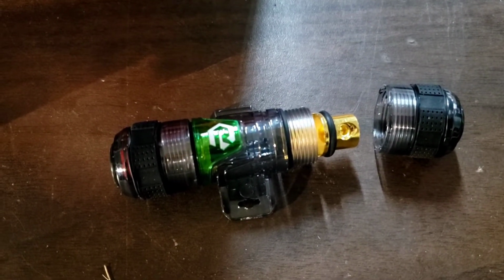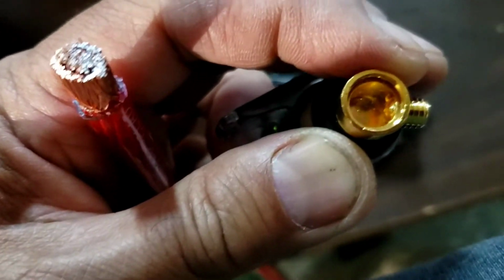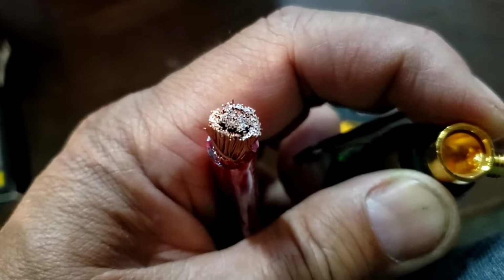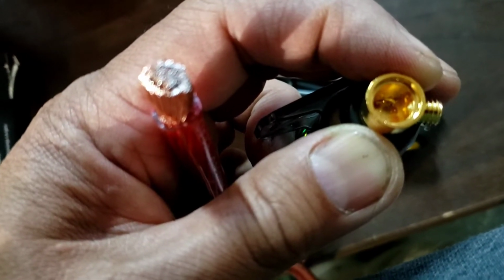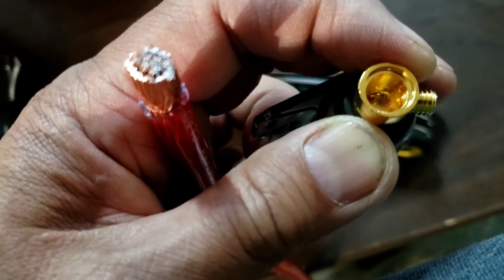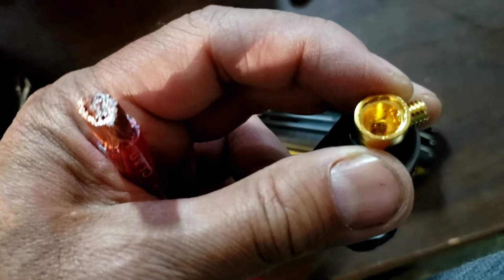I'm gonna take that part off. You can see it's bigger right now. That way I can put this 4 gauge wire right in that hole and tighten with an Allen wrench. Like I said, most of the fuse holders are different, so I'm not really gonna go into detail on it. But this is an A&L fuse